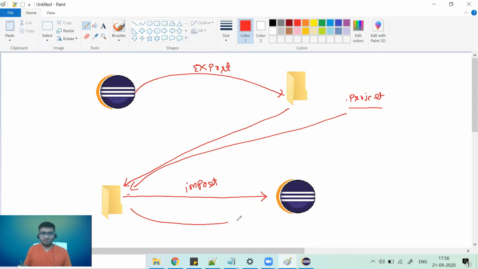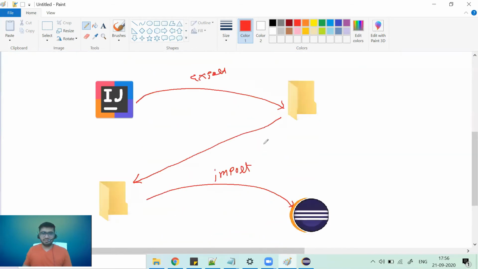So when you are importing into Eclipse, Eclipse knows what kind of project it is, because Eclipse can read this project file. That is why it is easy. But when you are using any other IDE like IntelliJ, IntelliJ will have its own file. So when you take the project, you get the IntelliJ file. Now if you want to import that project into Eclipse, it will be a little bit tricky. So let's see practically how we can do this.